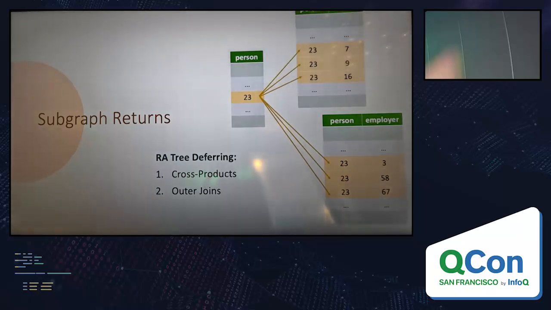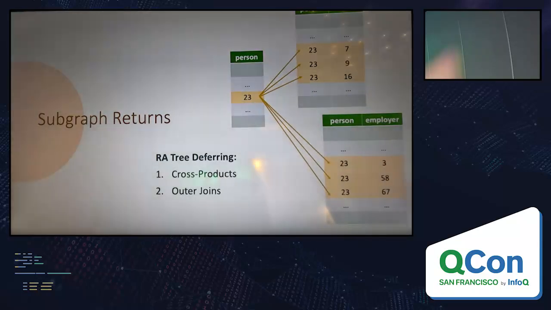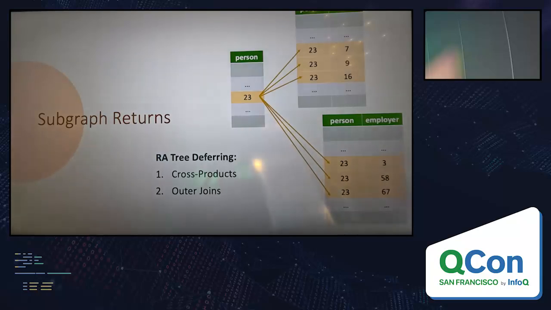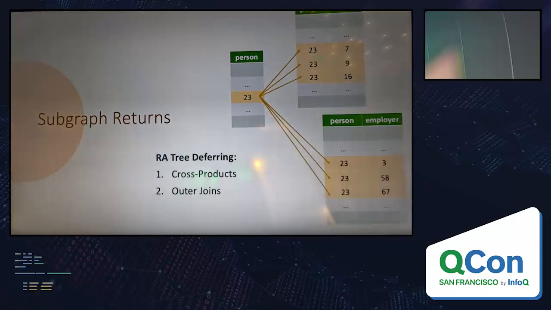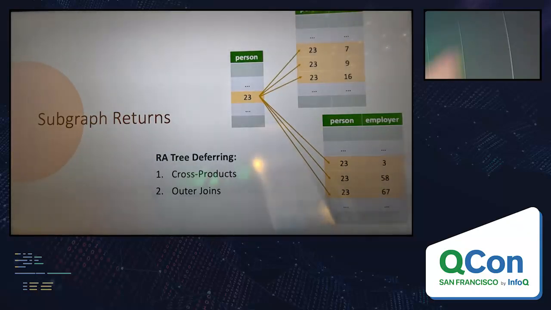Okay, so how does this play out? What we need is a subgraph return. Typically SQL only returns you a single table. So for a subgraph return, I just want to return multiple tables. You can think of this as wanting to return one row in every relationship table that matched. And I can stitch this stuff together as a relational algebra tree, like what we have inside a SQL engine. And really, I only need two things in the tree: I need cross products, and I need outer joins.